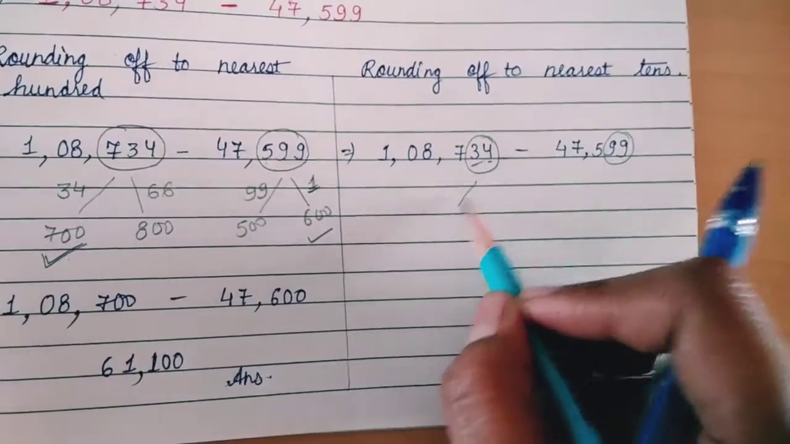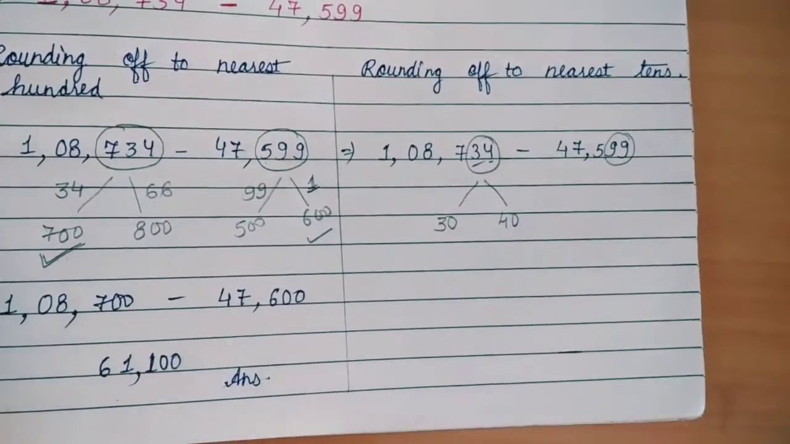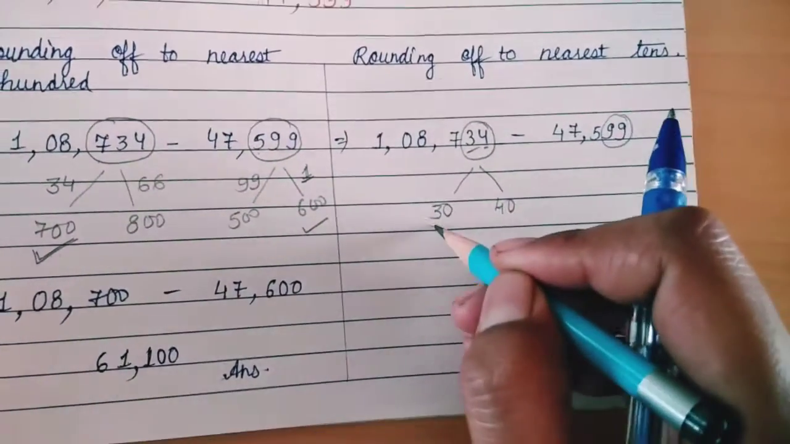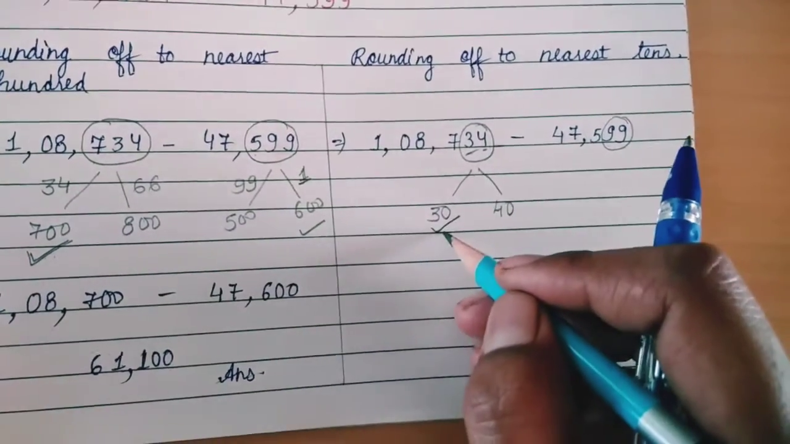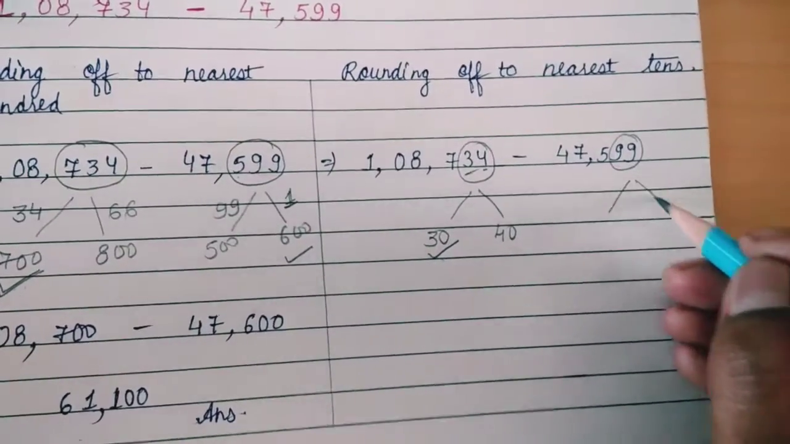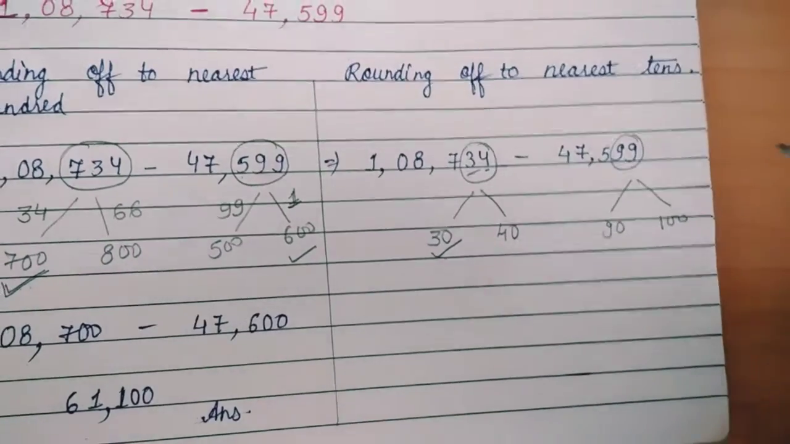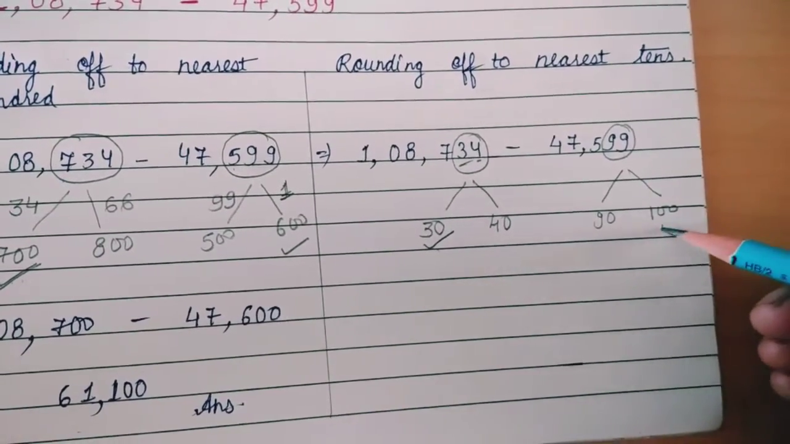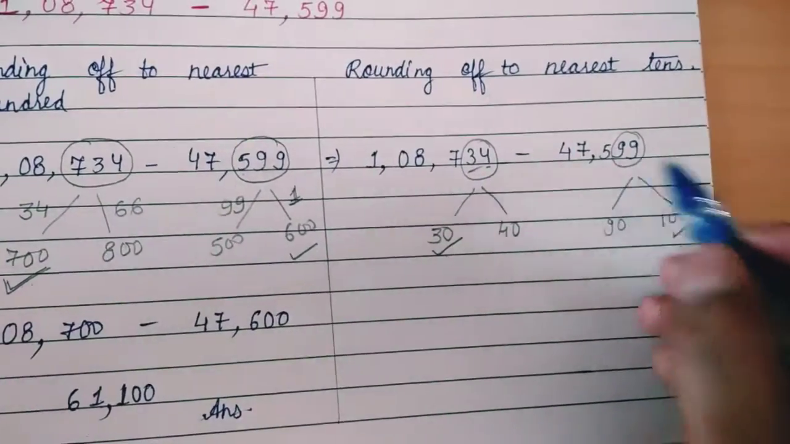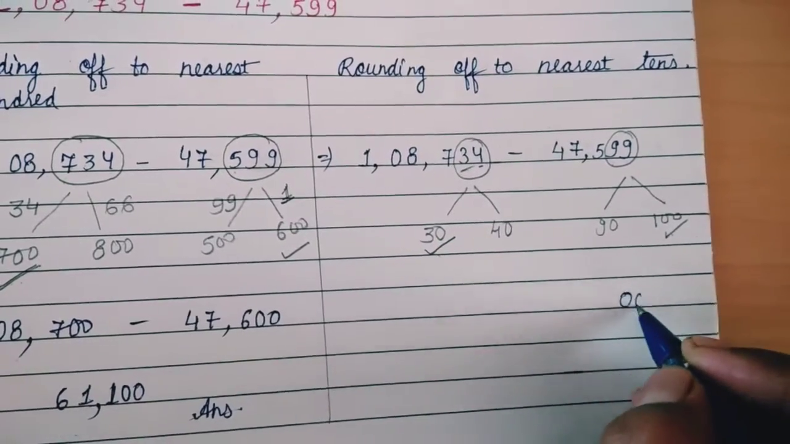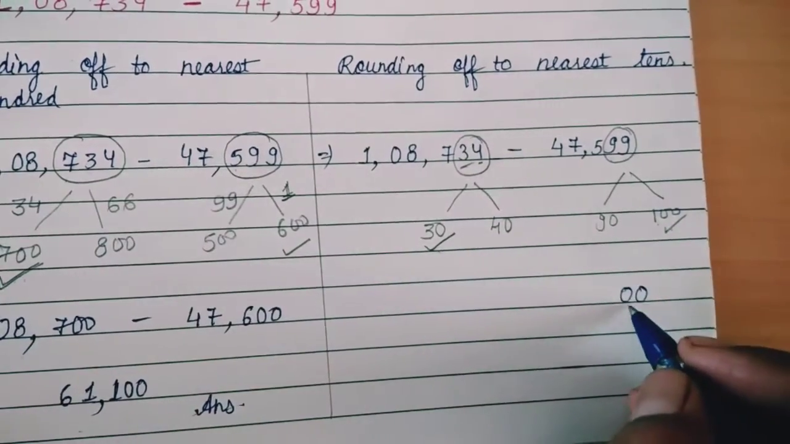So 34 is coming in between 30 and 40. You can simply see 30 is the nearest one to 34. So in the place of 34 we will write 30. But 99 is coming in between 90 and 100. So whom will we choose? We will choose 100. So in the place of 99 we will write 0, 0. We chose 100, so we will write 00,